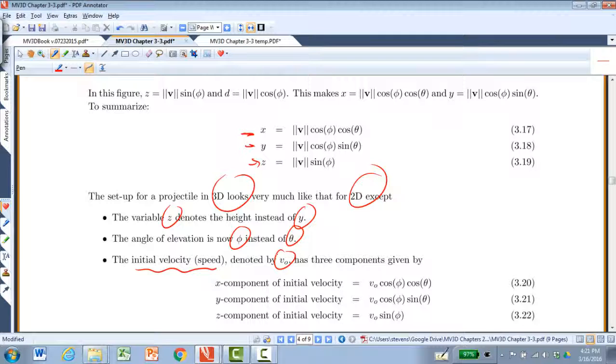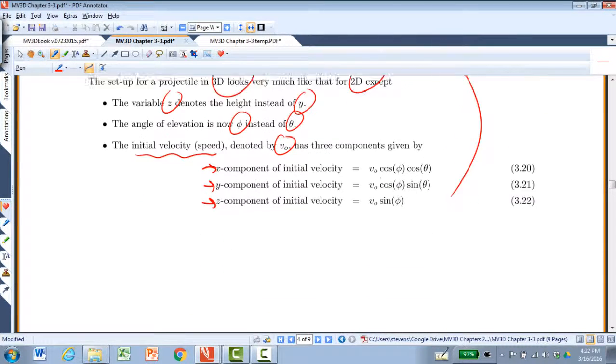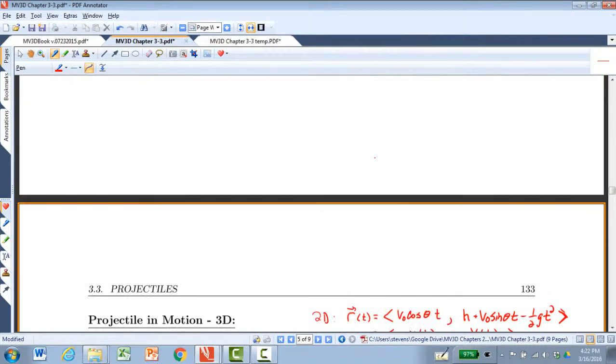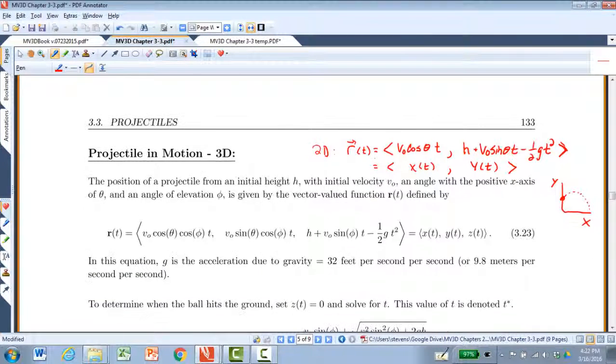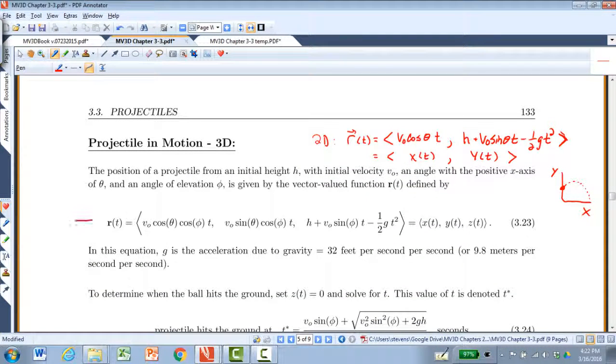That's just a number. But that initial velocity vector has an x component, a y component, and a z component obtained from right up here, from triangle trig. And so when you put these into the three-dimensional form, what we have is this position vector, or position vector valued function, where this is x of t, this is y of t, and then this is